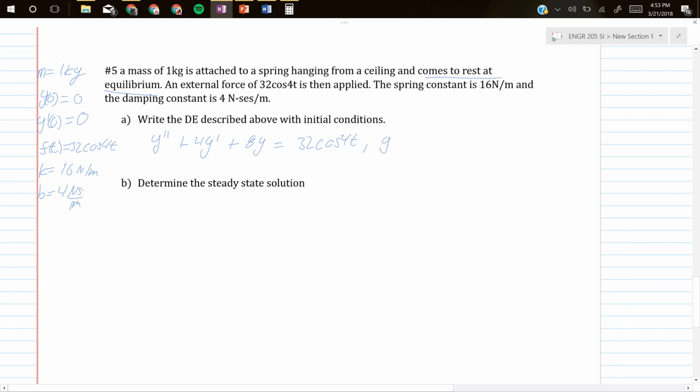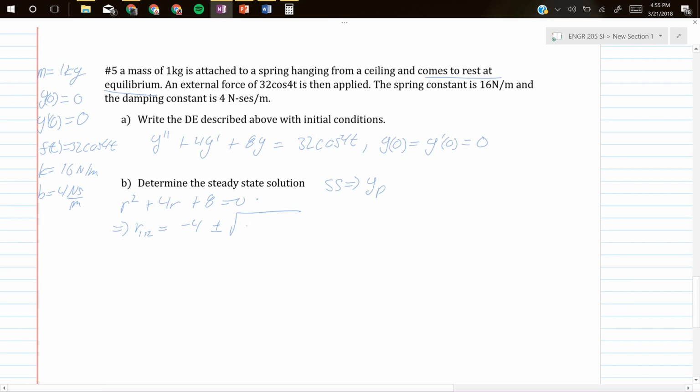Initial conditions, like I said, y of 0 equals y prime of 0, which equals 0. So I need to determine the steady state solution. In this case, steady state solution, like we said from the other problem we did, the series circuit, SS implies y sub p. So before we can determine our y sub p, we need to solve for our y sub h. So our y sub h is dependent upon the auxiliary equation, which is r squared plus 4r plus 8, sorry, just 8, equals 0,